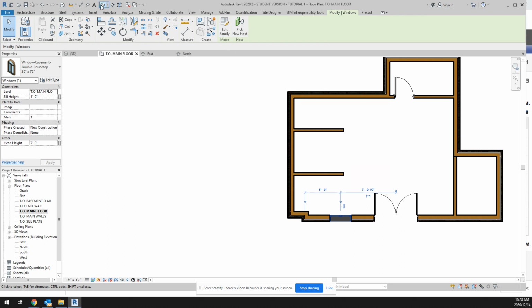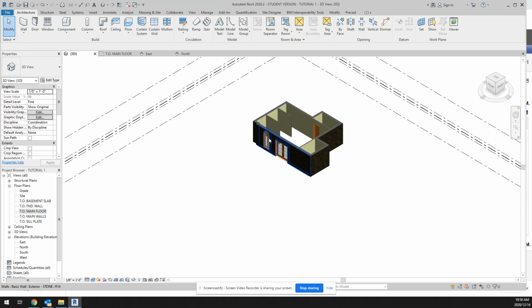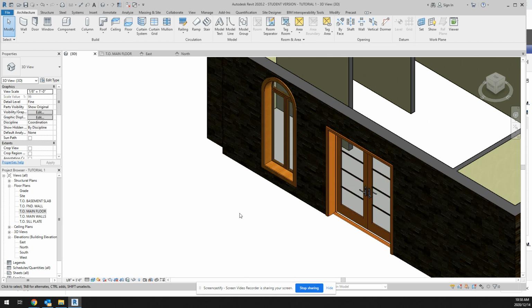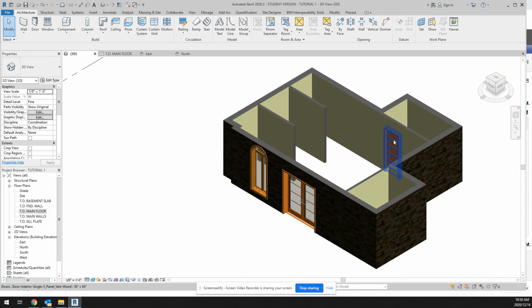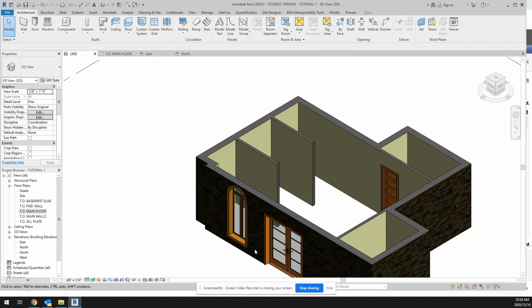If I go up to my 3D view, and now I look at my 3D view of my house, you'll notice I start to get some pretty cool stuff in there. I've got my door with the 5 panels for my interior door. I've got my front door. I've got my arch-topped casement window. And again, depending on your architectural style, right, you may or may not have windows of this type. You may get into, if I go back to my wall types,